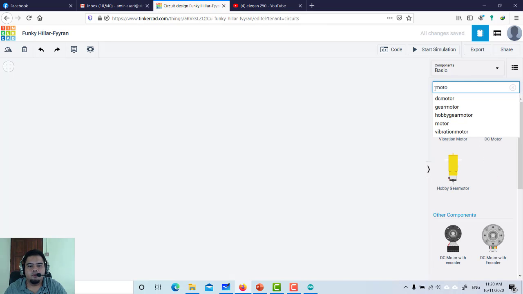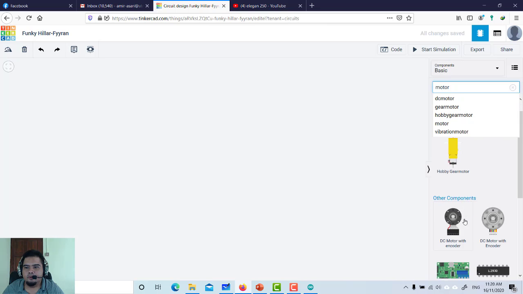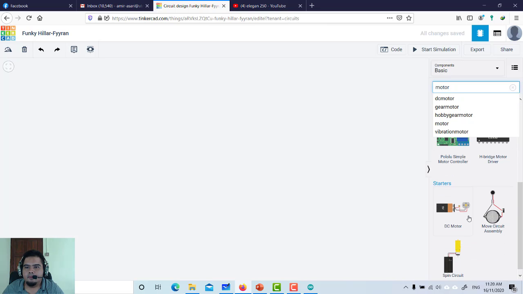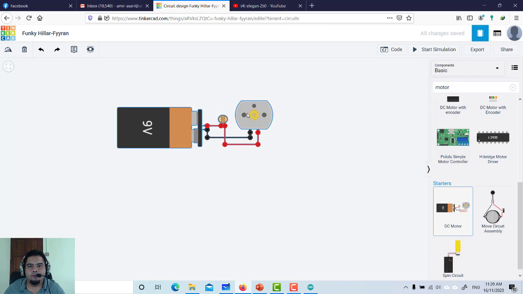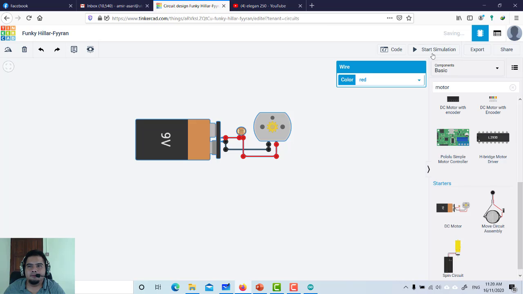So if you just search for motor, there are a lot of motors here as well. Okay, you have some motors there. This is some of the examples that we don't have connected with Arduino, but you can use your innovation to replace all these examples with Arduino. Actually, this one, if you run the simulation, I think this one has been discussed before.